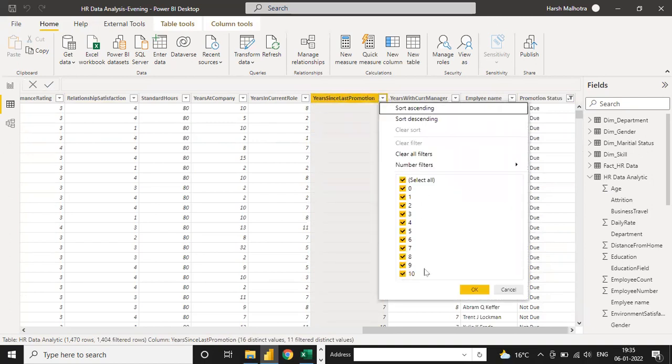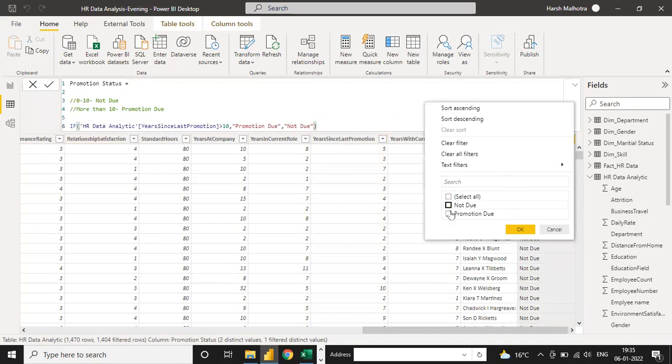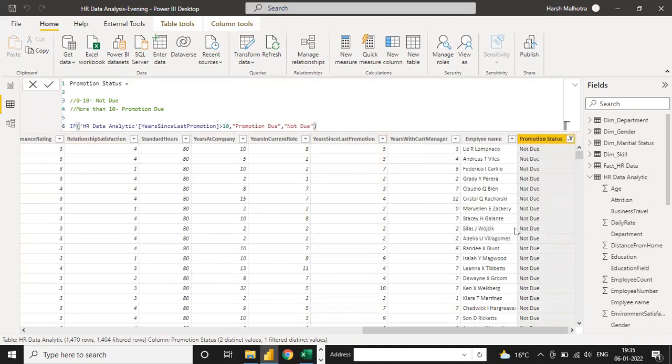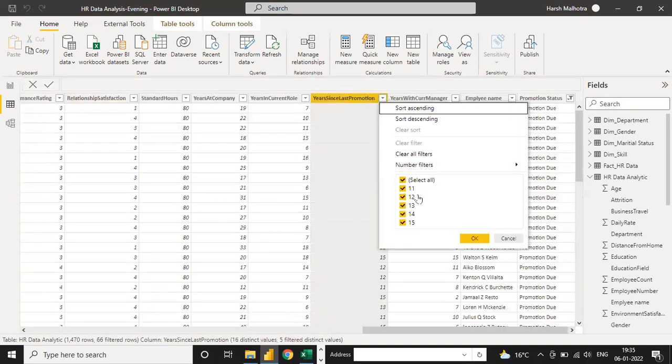More than 10 falls under promotion due activity. Click on this, select promotion due, and here you can see years since last promotion is 11 to 15 only.